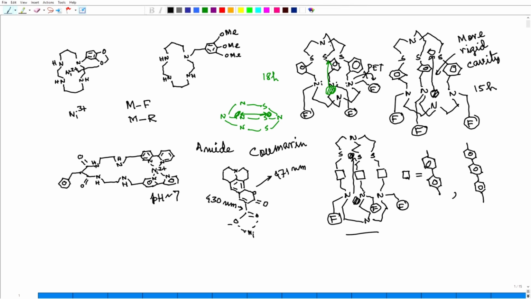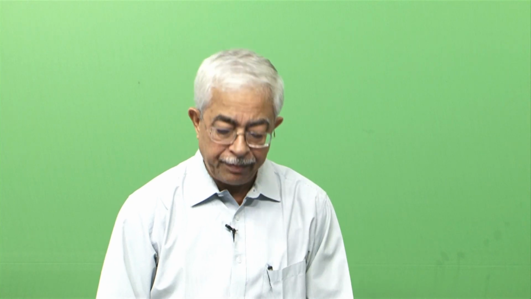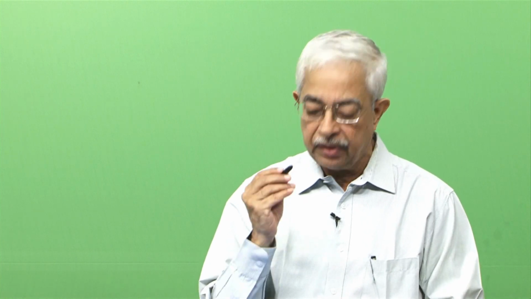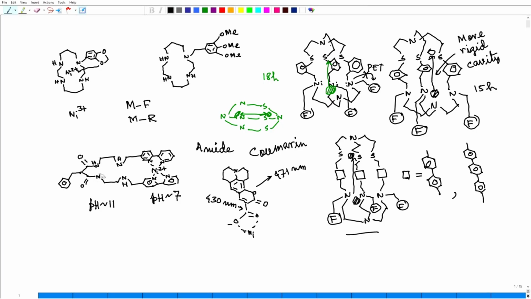Now, this is pH around 7. So, here my variation is pH. At pH 11, strongly basic, what happens? These amide protons are acidic in nature, and at pH 11, both these protons will be lost. At pH 11, strong base, and this amide is acidic in nature. So, acid base reaction will work and these protons will vanish from here,